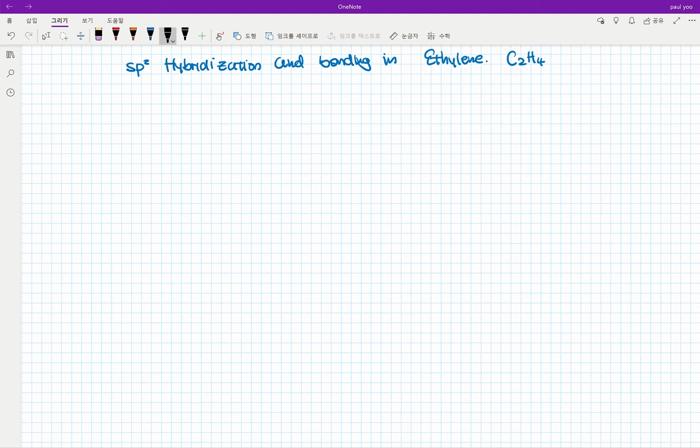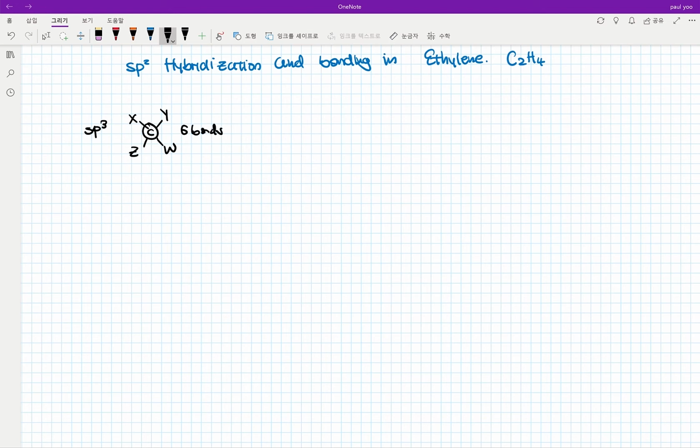In sp3 hybridization, 4 atoms are attached to a carbon by sigma bonds. If this is a carbon, there will be groups, let's use X, Y, Z, and W, and they are all attached to the carbon by sigma